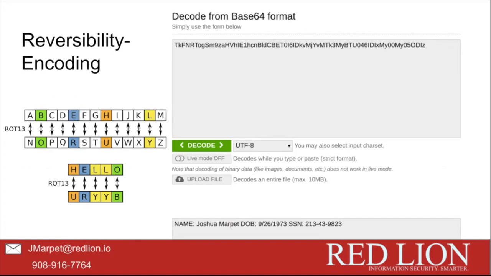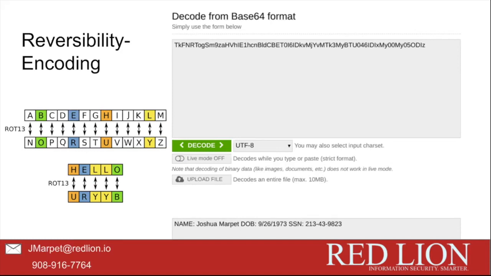So I can reverse things. What does that mean? Well, if I encode to base 64, I can decode from base 64. It is a reversible encryption. And if you look over on the left, you see A, B, C, D, E, F, G. You'll notice that below that they took hello, and all they did was convert it to the opposite letters, H to U, E to R, L to Y, and O to B. So it's U, R, Y, Y, B, but you can easily reverse that, or ROT13 as it's known, to the opposite side of the alphabet, okay?